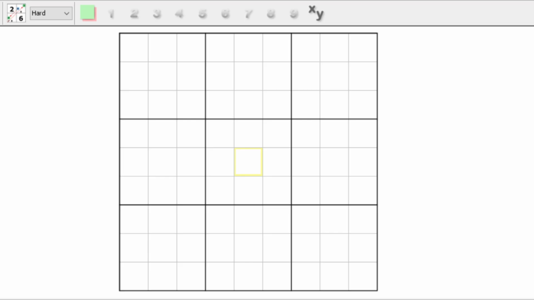So I've had some requests from people in the Reddit chat saying, hey, can you show us how to find and look for and solve W-wings? And so I'm going to set up my app. I'm using Sudoku. It's a free app. You can download it to use. And I'm going to set it to